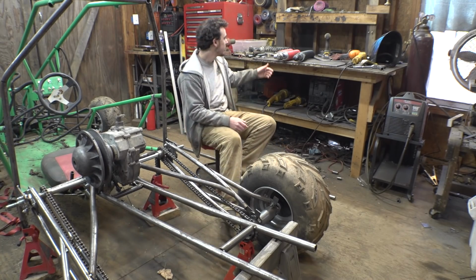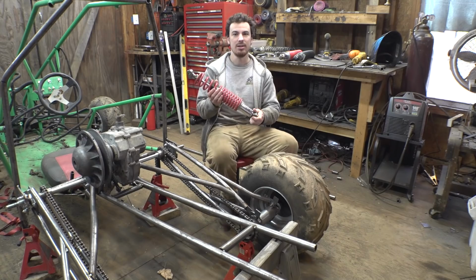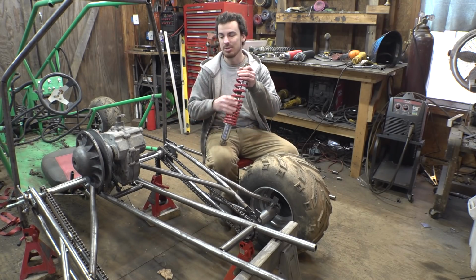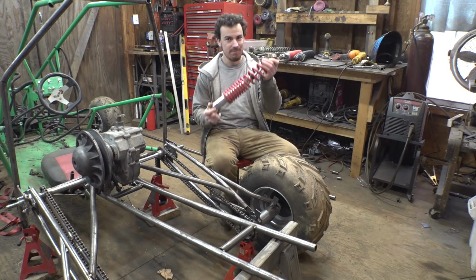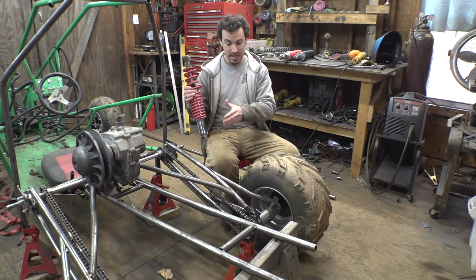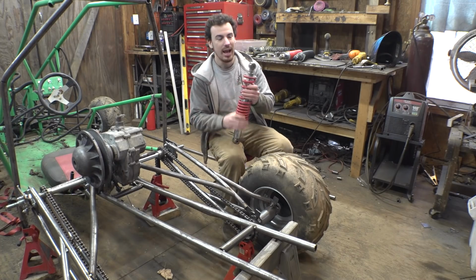As far as the shocks, I'm a little tempted just to use the ones that were originally on here, but obviously just having one for each trailing arm is not going to be strong enough because we now have to support the weight of the engine on the main chassis. But I do have 4 of these, so we could double these up for each trailing arm and have 4 of them for the whole rear suspension. Or I do have